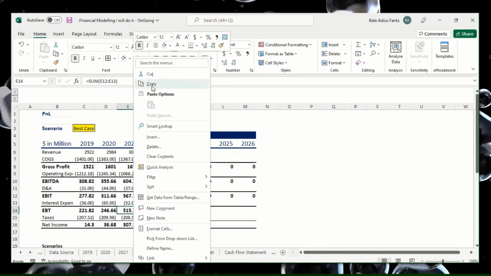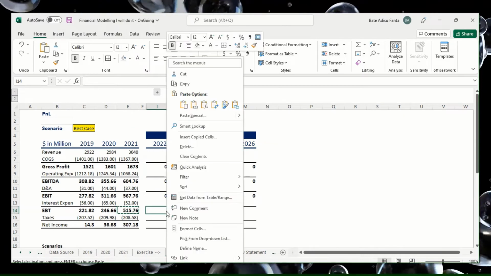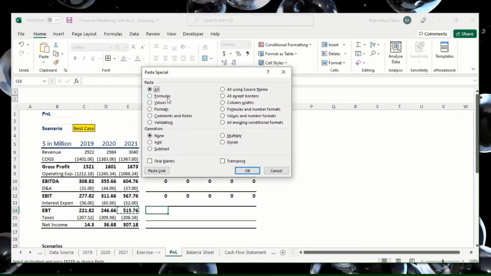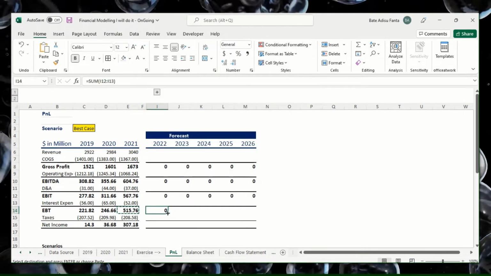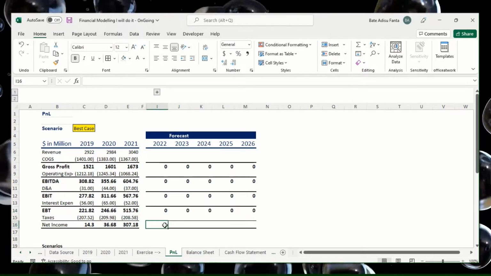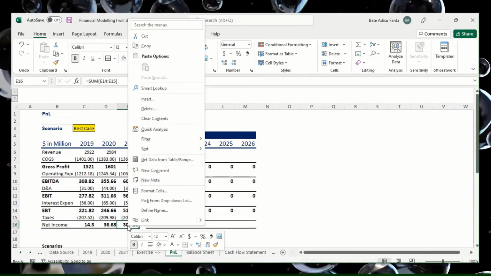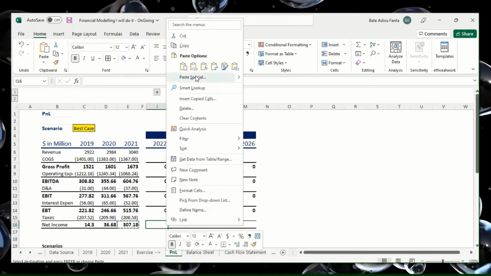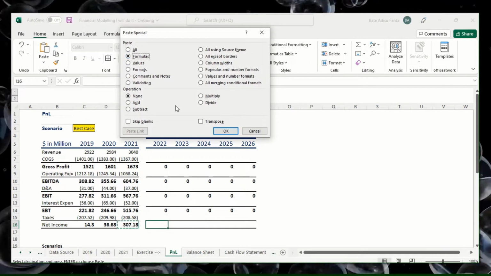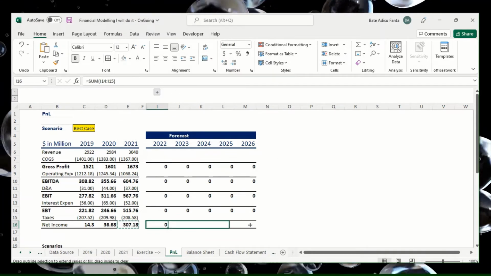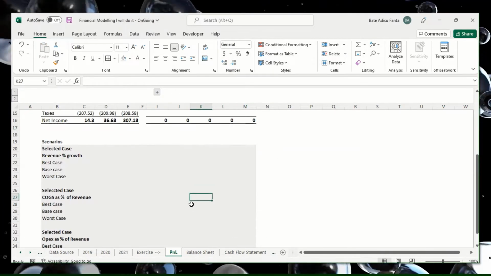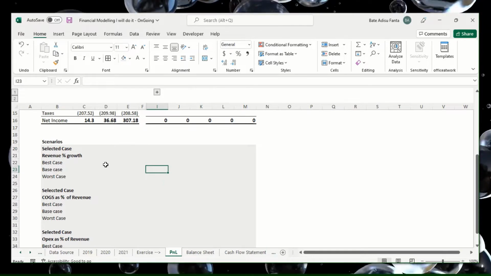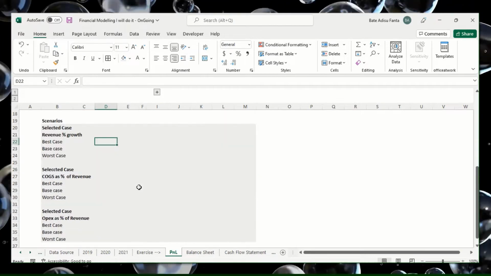In the same way, copy, paste special, formulas only, and then the final one: copy, right click, paste special, formulas. Yeah, so now let's start